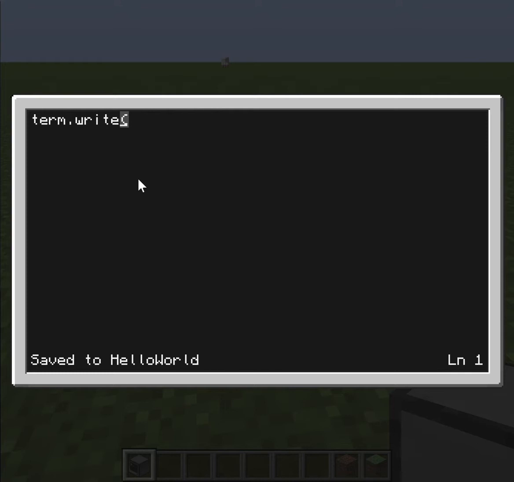term.write, and then you always need to put strings in quotation marks. Perfect. So that is it, actually. So once you're done with that, we can save it and exit. So we'll be running our first program here now. We just need to type in just the name of the program and click enter,